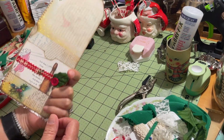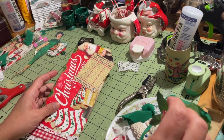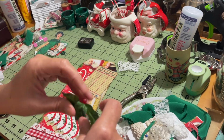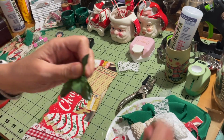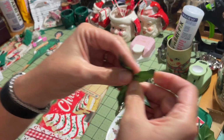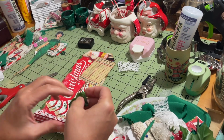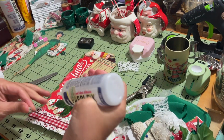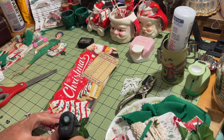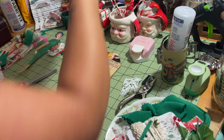Okay. So there's my back. Here's my front. Let's also do a little bit more decorating. I have another one of these faux pieces of greenery. I'm going to just pull it apart, and I want to use this portion, the green portion. I think I'm going to put that right down at the bottom. So let's glue that down. All right, I'm going to use hot glue just in the center here of this greenery, and I'm going to lay 2 or 3 little white pearls